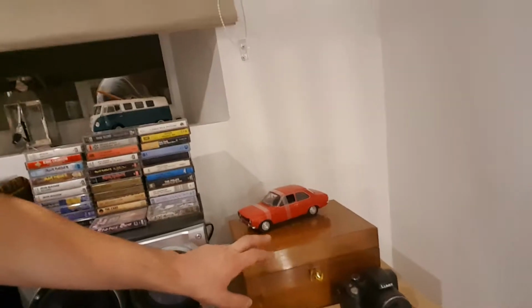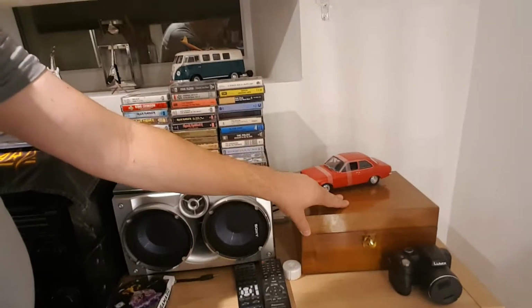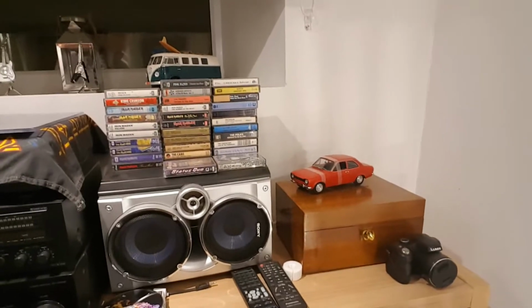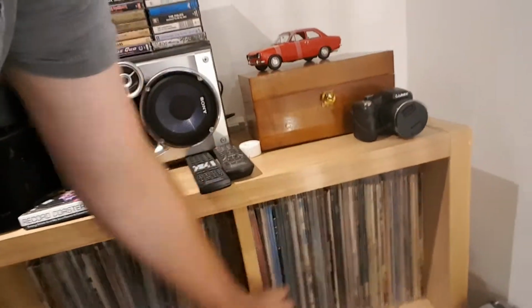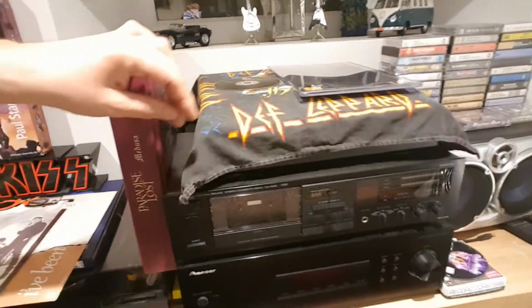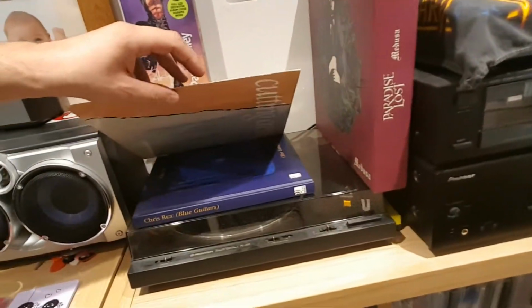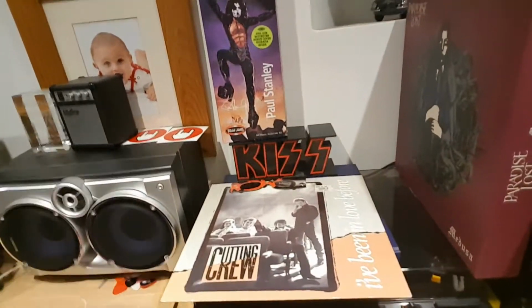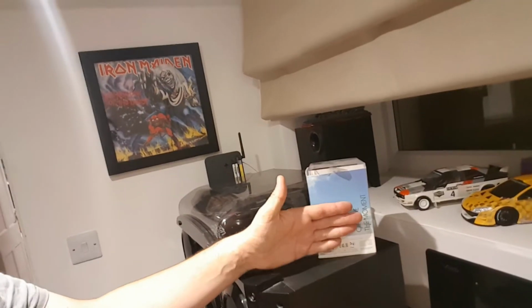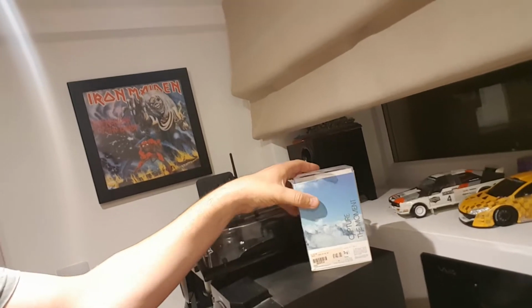Oh, that's a vintage whiting slab, 100 or so years old. Yeah, there's loads of vinyl all over the place. Another record player under there, a cheaper JVC, an old one. And then my 30-year-old Pioneer needs a dusting. Some more models up there. This is where I put my camera, leaning against this, facing that way. This is my